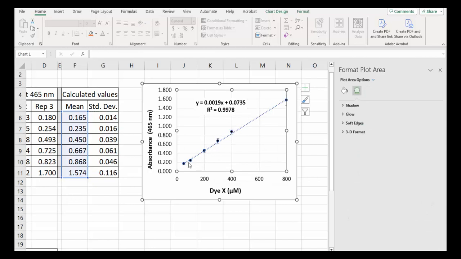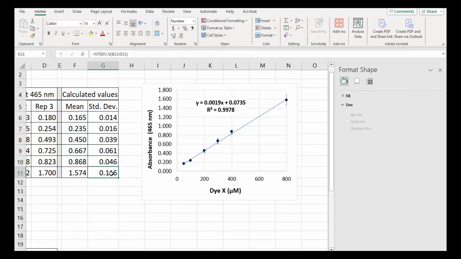And so what we see is that some of the error bars may be so small you can hardly see them. Now it should make sense. When we look at this, this is the largest standard deviation from the plot. And if we look down here, it's also the largest one. And this says 0.116, and if you look at this, that corresponds quite nicely because this is 0.116 above and